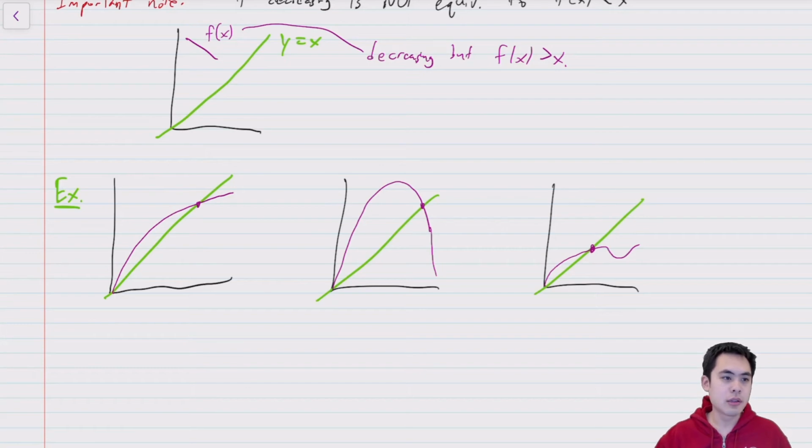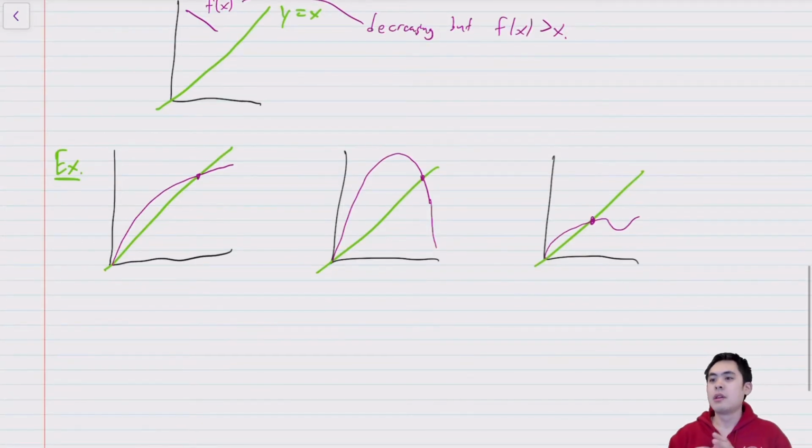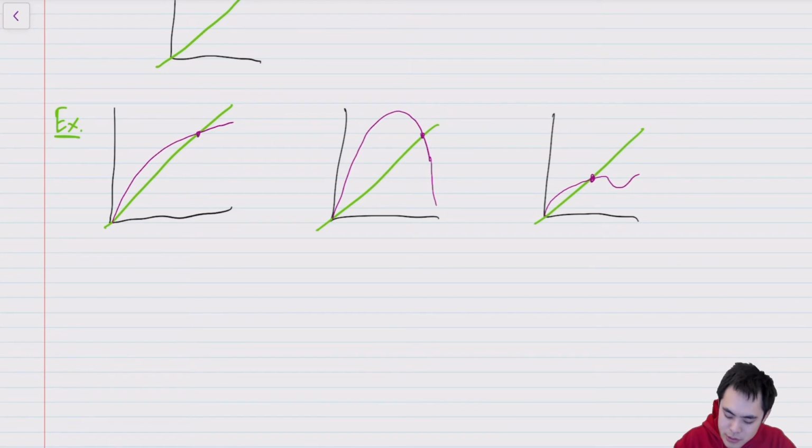Okay. Now, sometimes finding 2 cycles or proving the non-existence of 2 cycles is a pain. You can obviously do it by setting f of x equal to x, but is there an easier way to do it? And in certain cases, there is. So that's the subject of the next theorem.